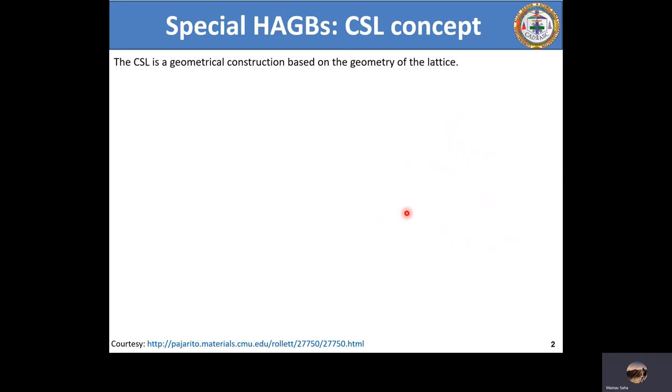The CSL concept does not talk anything about the crystal, because lattice and crystal are not the same. If your lattice has atoms or any motif, then that will give rise to a crystal, which has a translational symmetry, a long range order as well. Then we are talking of polycrystalline material. The CSL concept never talks of crystal. It only talks of lattices, adjoining lattices, or the coincidence of atomic planes in the adjoining lattices